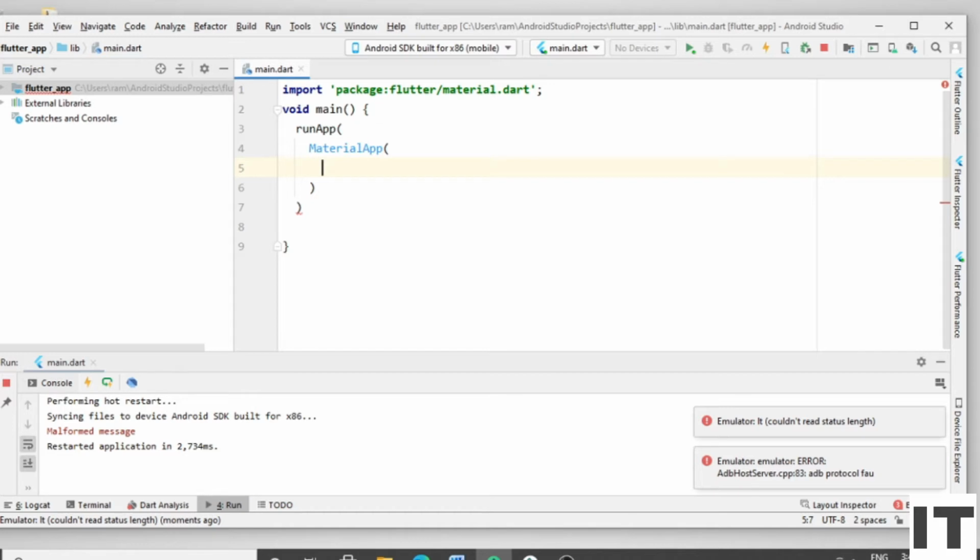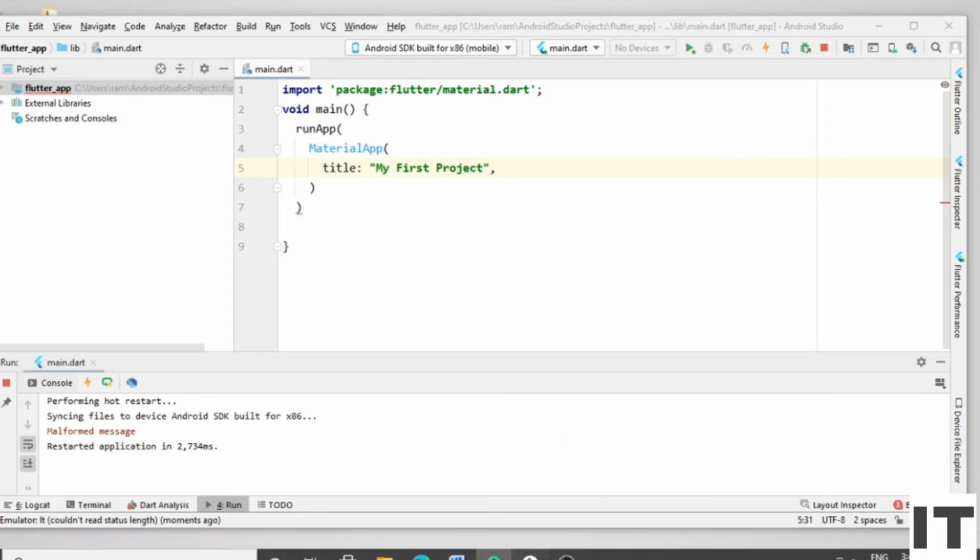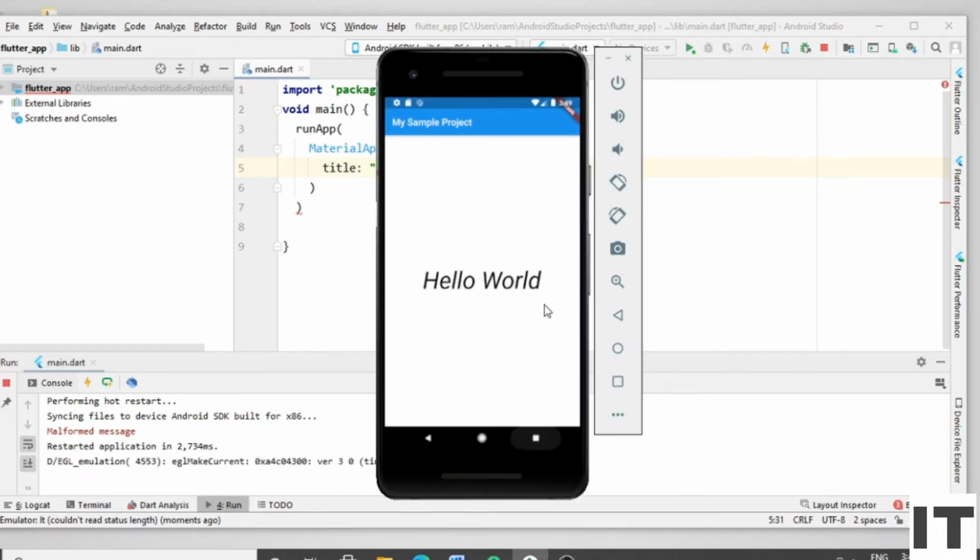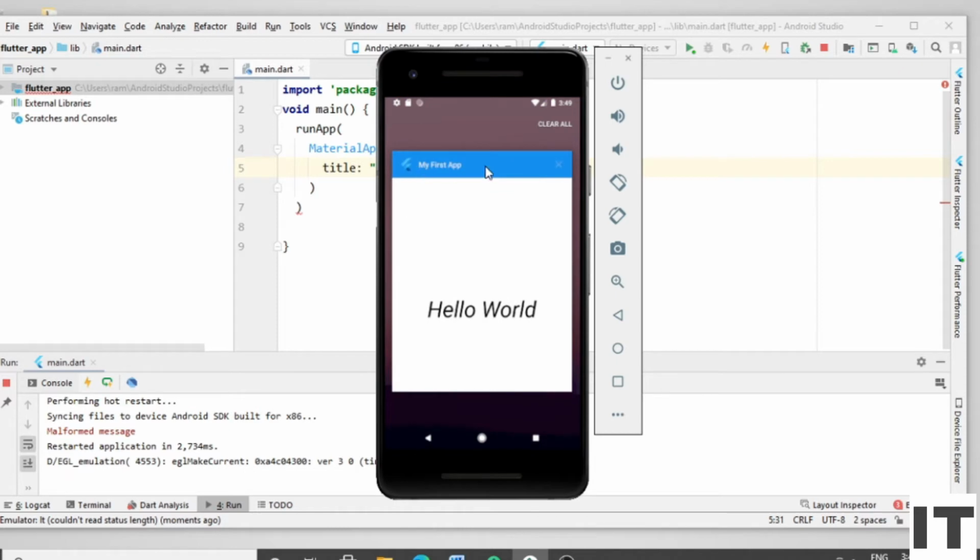In the next line, type the title in inverted comma. This title shows here. My first application.